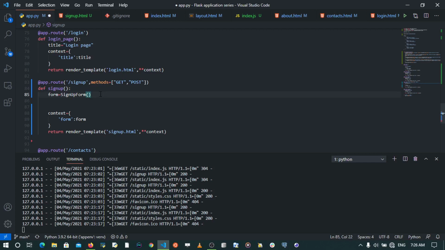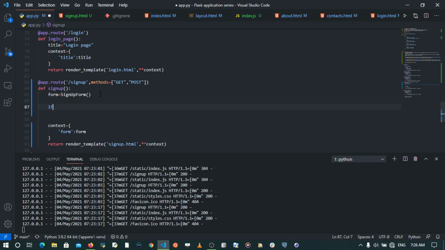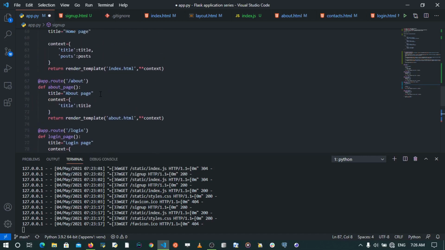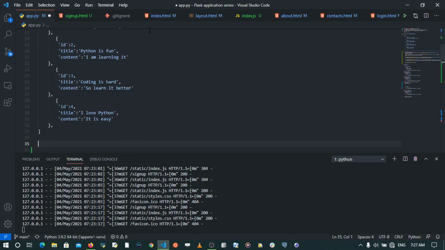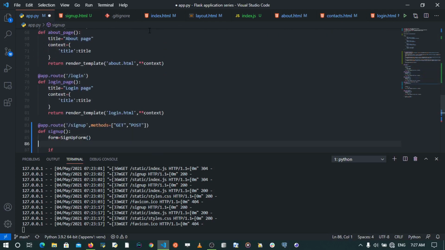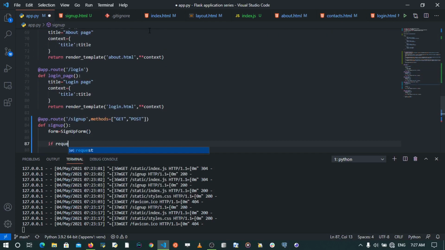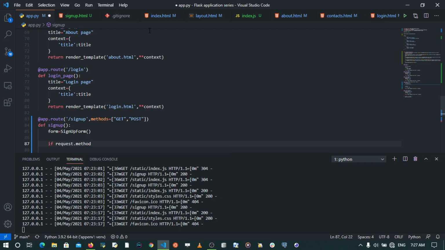Now our form, we have been instantiating our form right here, and the next thing we want to do is to specify that if the method is POST. So we will want to import request. I'm going to go to Flask and import request, the request object, and then go to our sign up route. We're going to specify that if the request carries a method, we say if request.method is equal to POST,